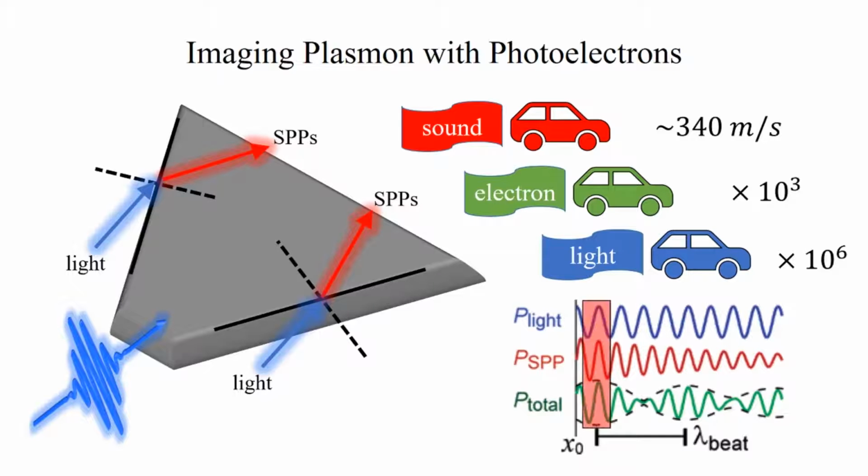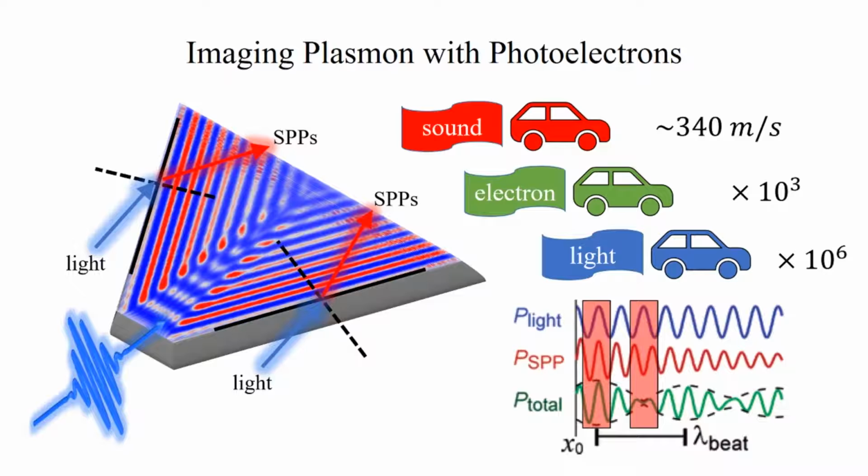Where the field is enhanced, the absorption of light to excite photoelectrons will be favored, and where the field is depressed, such excitation will be suppressed. By integrating many cycles of excitations of plasmon, PEEM records such static interference patterns, which give an image of the plasmonic field. To record the actual surface plasmon polariton motion, we use excitation with identical pulse pairs, which are produced